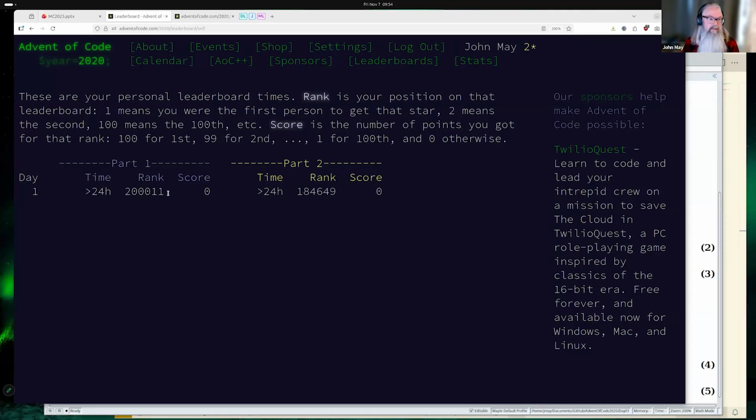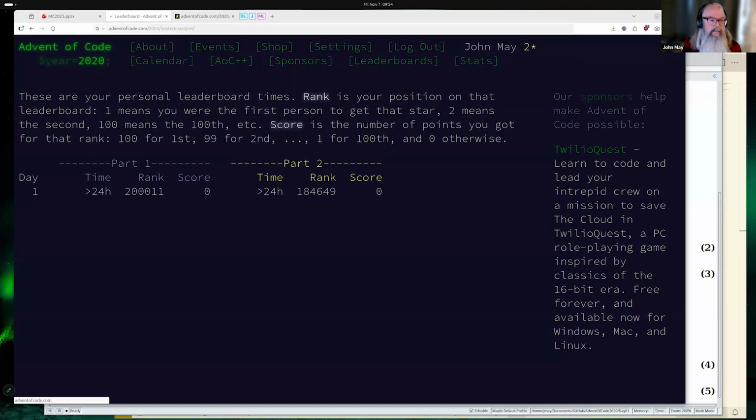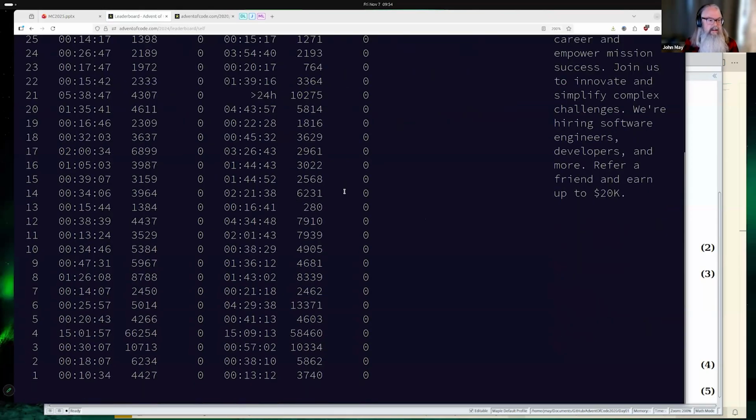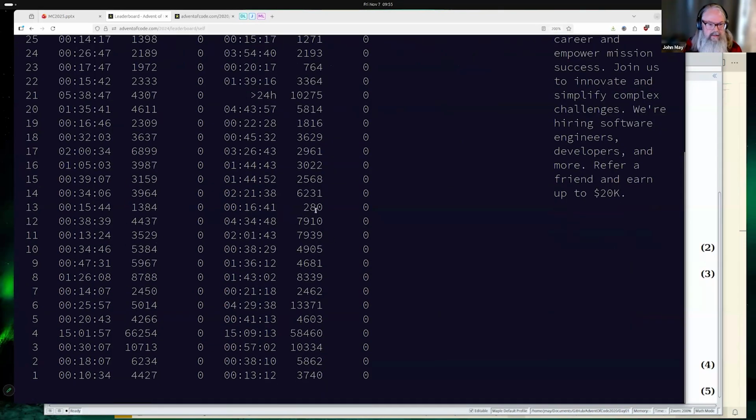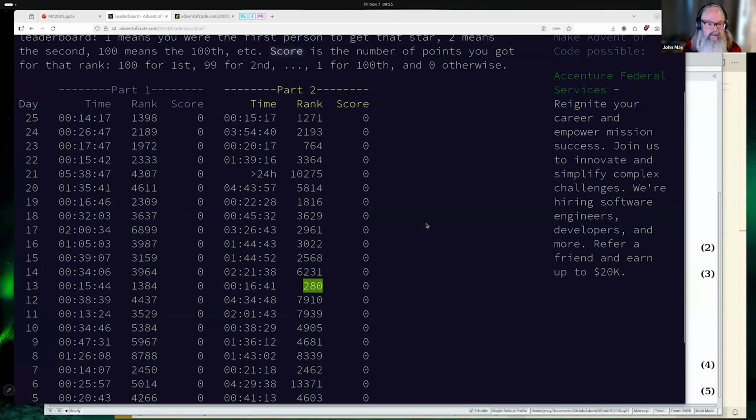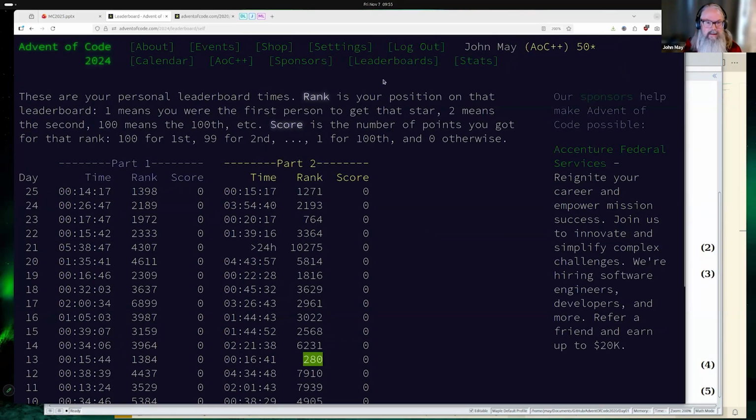So here, I was actually rank 200,011 on solving that first part. It's maybe a little more interesting if you look at last year. So here, last year you can see that on day 1 I took 10 minutes to solve the problem, and that was good enough to be in 4,000th place. And the closest I got to the top 100 was 280th place. So it's competitive, and so the problem has to be very